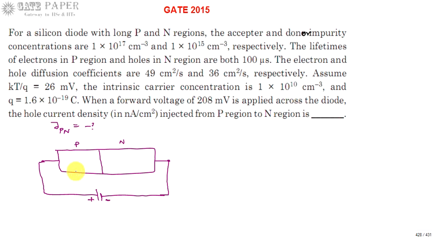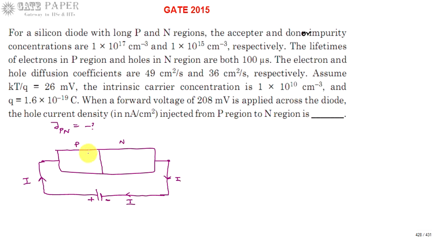So if you apply positive voltage, then a current flows, that is the forward current I, which flows from the positive terminal of the battery, goes through the P and N regions, then comes back and enters the negative terminal. So a current flows in a loop, the same current I. Whichever current is entering P is also leaving the N.